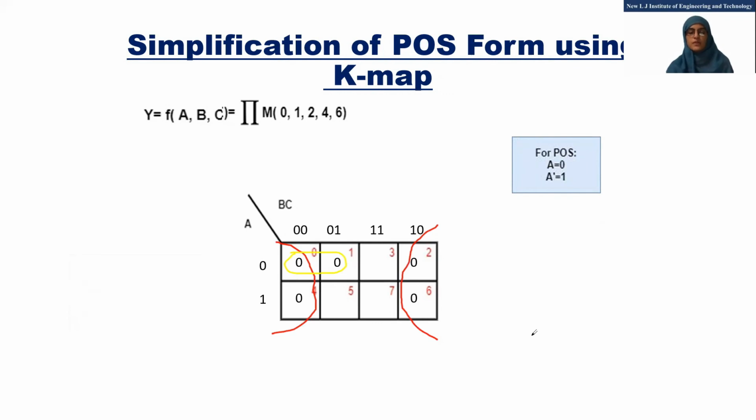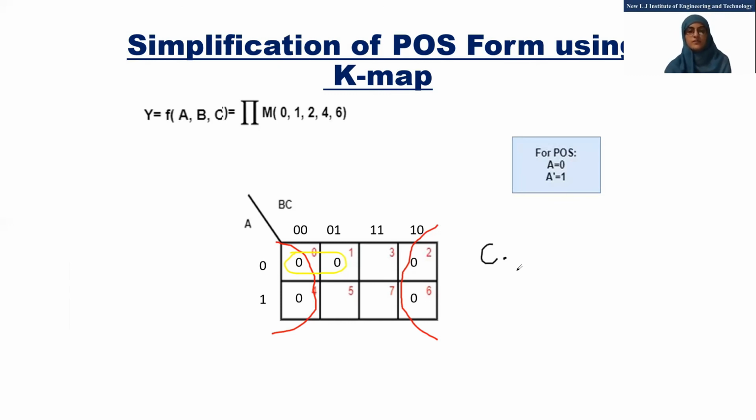So the first possible group is a quad. Here we have to write the answer differently. Here we will consider 0 as A and 1 as A prime. So here we see that for this quad, the same term is 0, 0. So the answer of this will be C. Next, for this pair, 0 means A and 1 means A prime. So 0 means C. To combine two groups, we have to add a dot here because this is POS form.